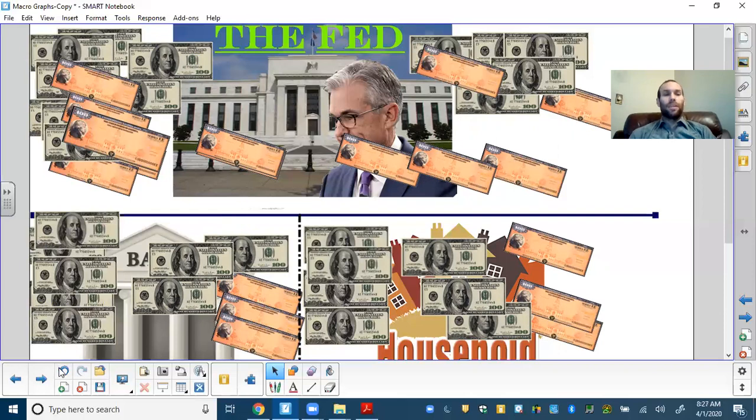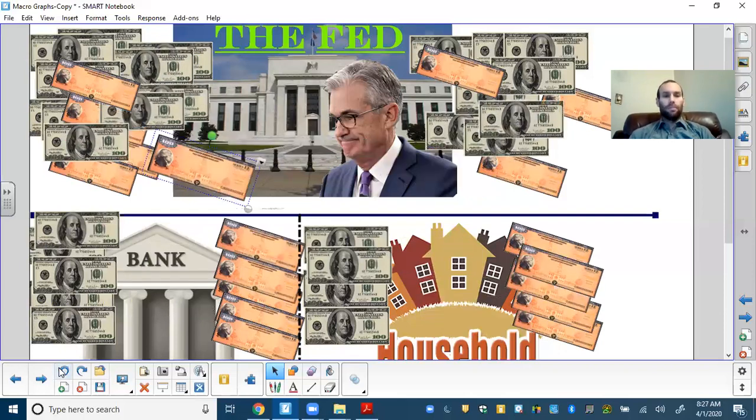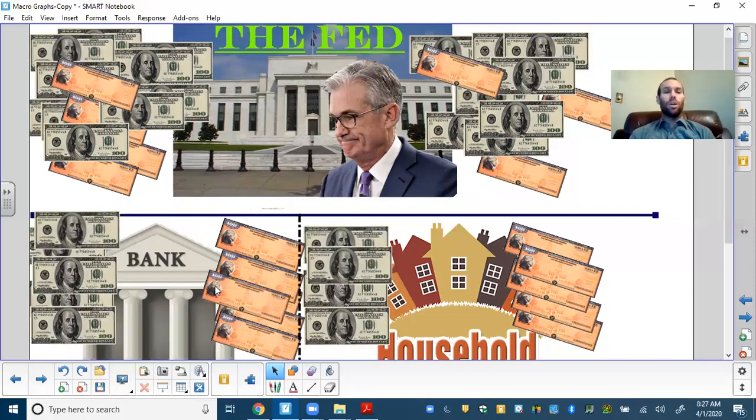Now, the Federal Reserve can do something else as well. So let me go back to kind of where we started. All right. What that means is this. The Federal Reserve can also sell bonds. So if the Federal Reserve sold bonds, what they can then do is say, hey, I've got bonds for sale and I'll offer a price that you'll be happy with. And banks might go, okay, so I get interest on this bond. He's giving me a low price for it. Households and banks might go, okay, I'll take some. So the banks go ahead and will buy some bonds,